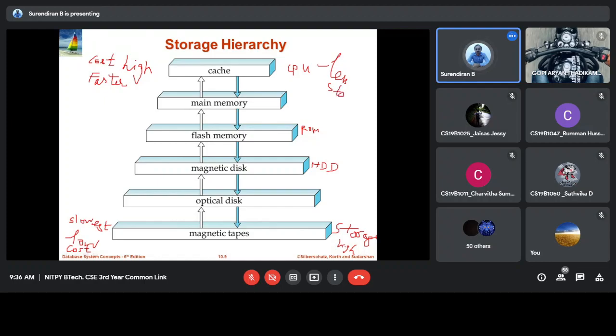So as the storage increases, the cost decreases, and the speed also decreases. This is how the storage hierarchy is represented in a system. Nowadays optical disks are mostly not used.